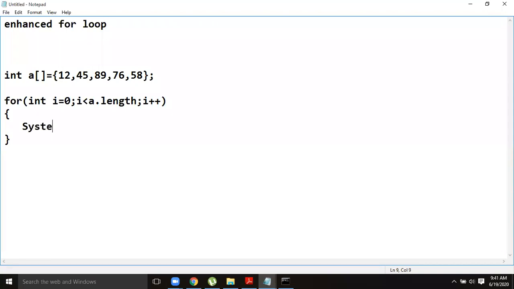Suppose I want to print, for example, System.out.println, how do I access a of i? This is how we write. In parallel, with the help of for each, how do we write it? It is very simple, sir. For example, x in a.